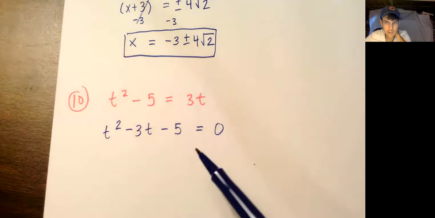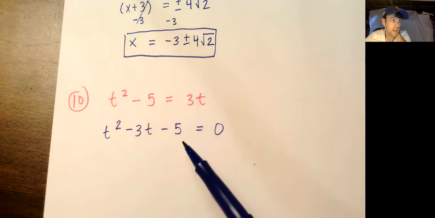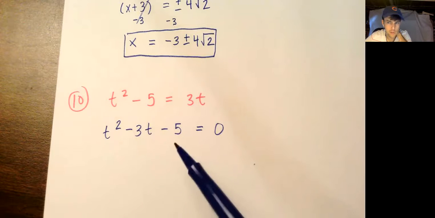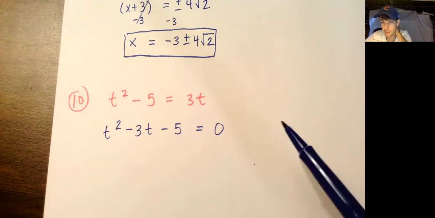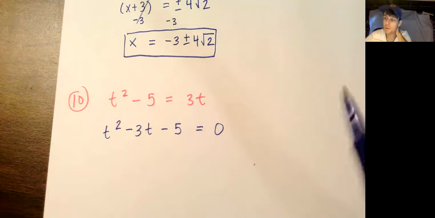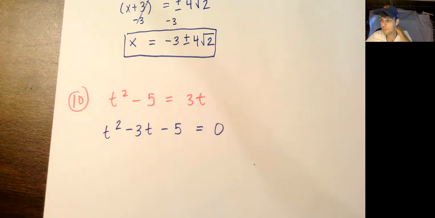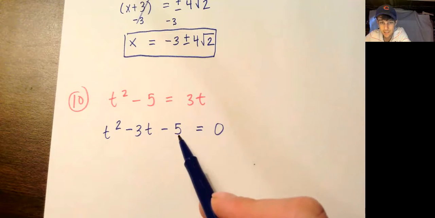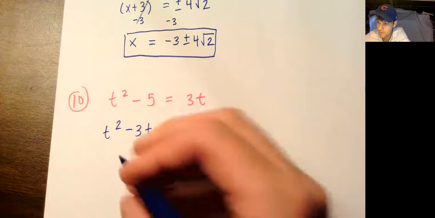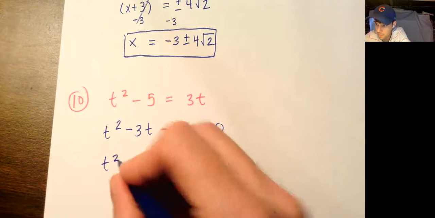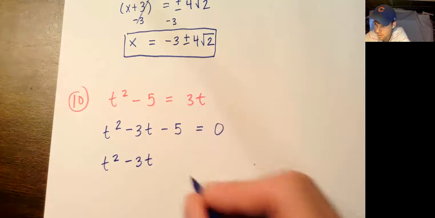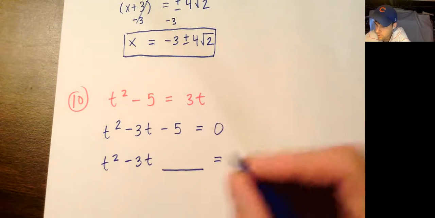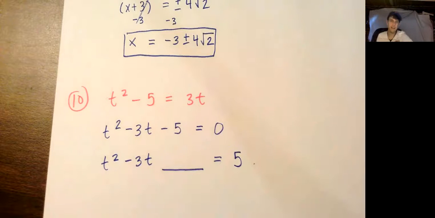We could try to factor this. Doesn't look like it is factorable. We could use the quadratic formula, which is based on completing the square, but that's not what we're doing right here. We're going to do completing the square to solve it. Okay, so here's what I do for completing the square. I'm going to move the constant term over, give myself a bit of a space right here, equals 5. Right, I had to add 5 to both sides, so when I move it over, it's